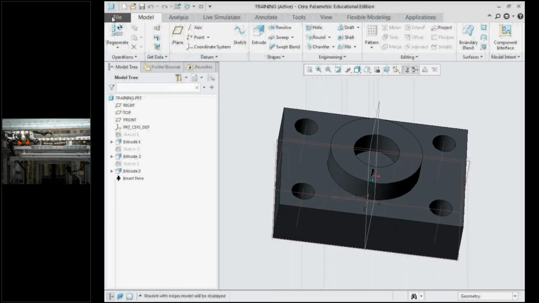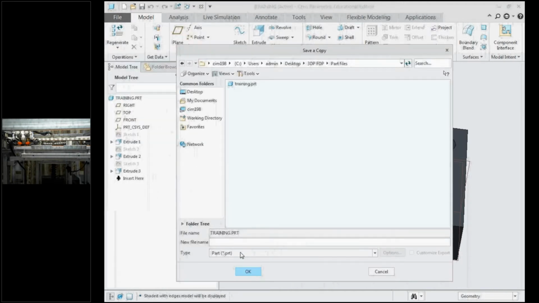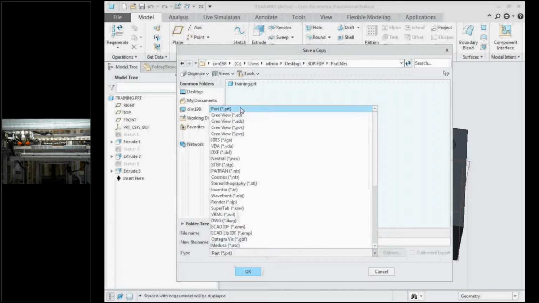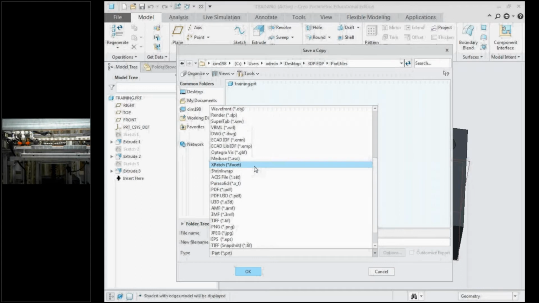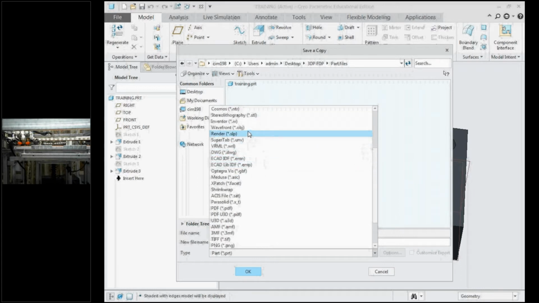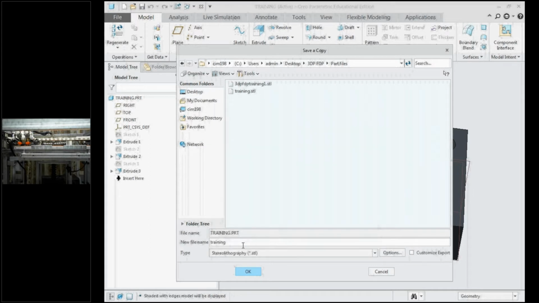Okay, so for that, first in Creo, we are going to save this file as .stl. We have several extensions: .prt, .igs, .stp. The stp can also be fed for your 3D printing, and the obj object file can also be used. 3mf can be used. These are some of the extensions we can use, but we are trying to export in terms of a stereolithographic file, STL file.